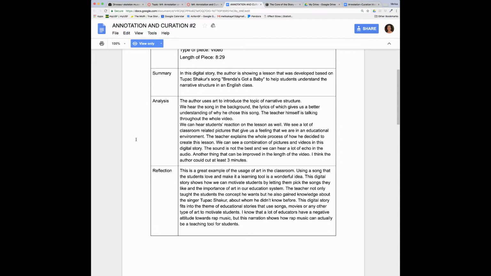He actually digs into not only the content of the video, but that's important, but also the structure of the video and how it was put together. He says the sound is not the best and we can hear a lot of echo in the audio. Another thing that could be improved on is the length. I think the author could cut at least 3 minutes. So he's saying not only what's in it and how it's put together, but how it might be changed and